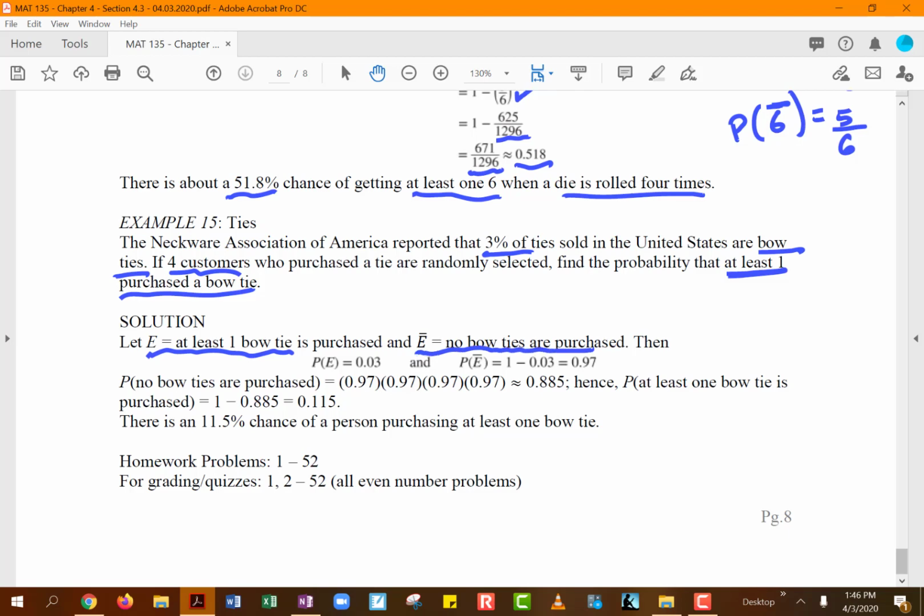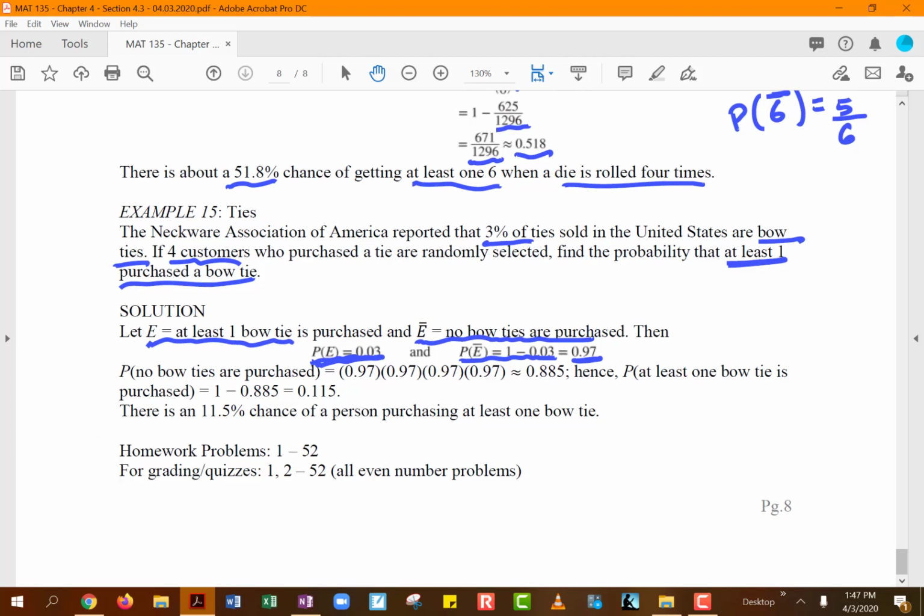All right, so they're telling us 3% is the probability that a bow tie was purchased, so the probability of E is 0.03, which means for the complement, that no bow ties were purchased, you would have to do 1 minus 0.03, which comes out to be 0.97, or 97%. They do not purchase bow ties, right? They purchase the regular ones. Okay, so we are talking about selecting 4 customers randomly. So the idea that no bow ties were purchased